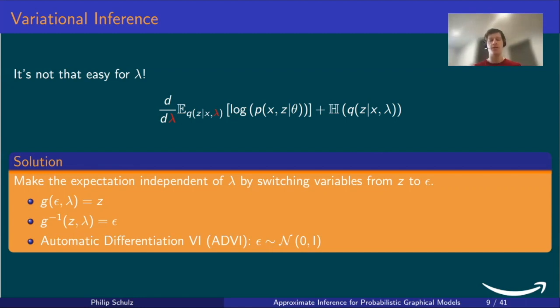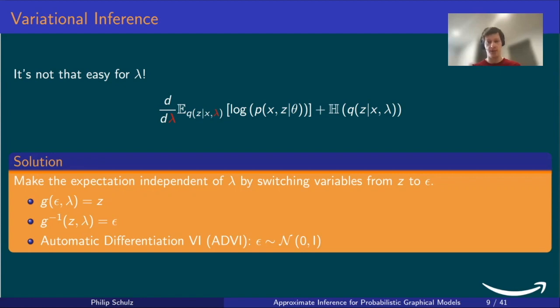The answer is yes. In principle, it could be any variable. But I'm going to foreshadow what we're going to do next, right? So we're going to again have an expectation, and we're going to again want to approximate that expectation via sampling. So we will have to draw samples from epsilon. So while theoretically epsilon could be any variable at all, for convenience sake, it should be a variable that we